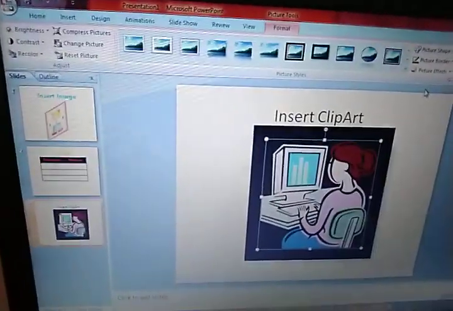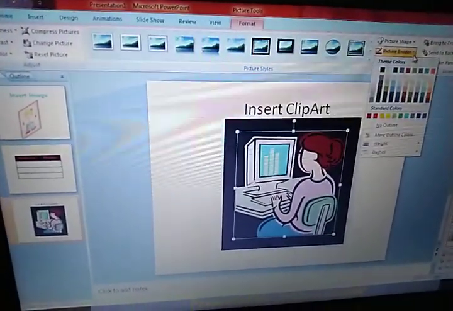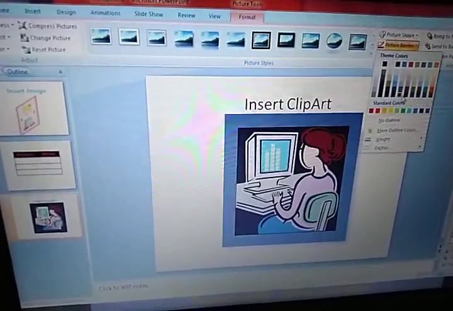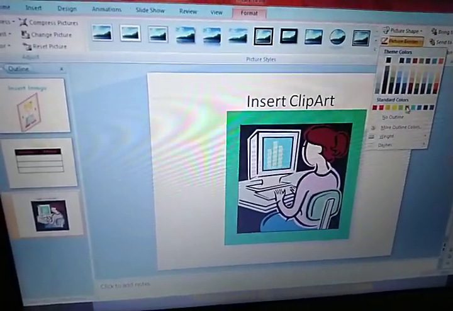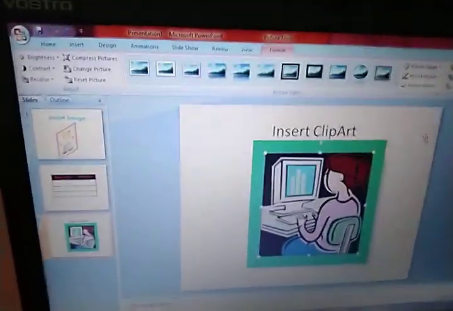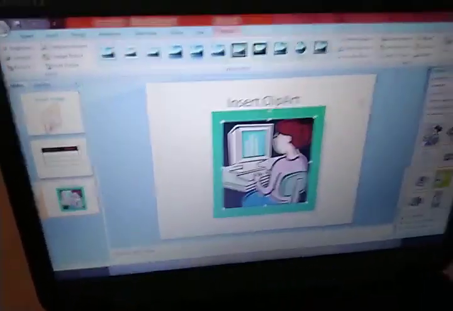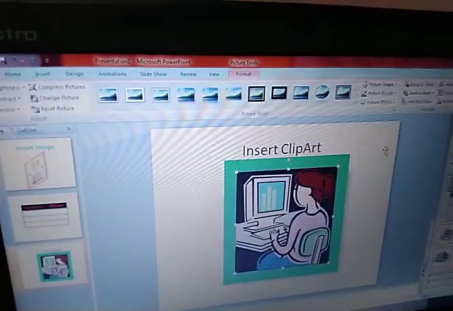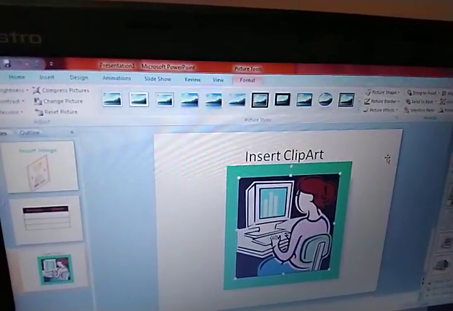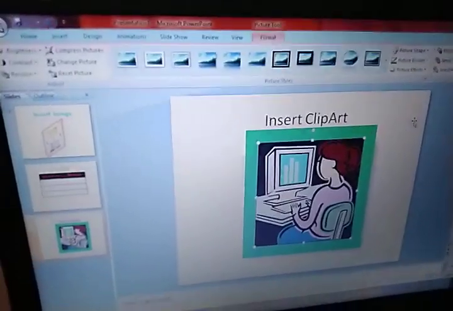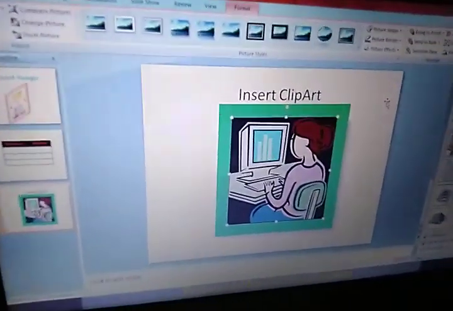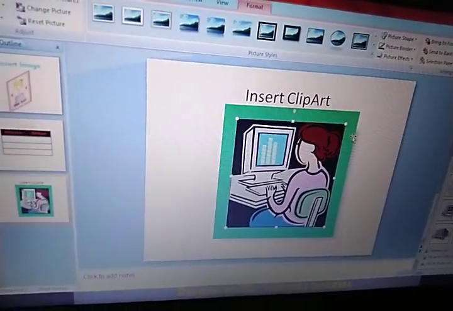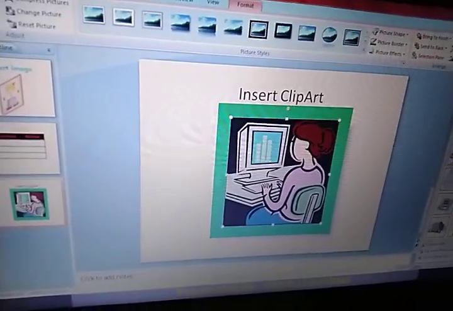Okay, again I am going to undo it. You can change the picture border as we applied in the last slide. Last means in the picture tool. Fine. So these options are similar. The rest of the options, like picture effects and all the things, you can apply and try at home. One more thing I am going to tell, how to set the alignment of this particular clip art.